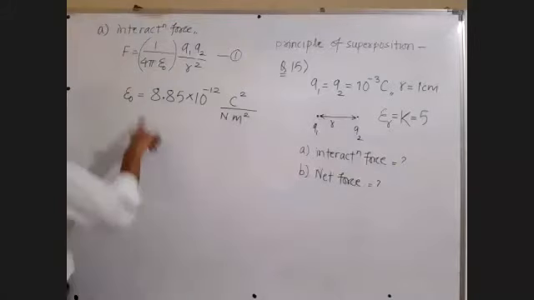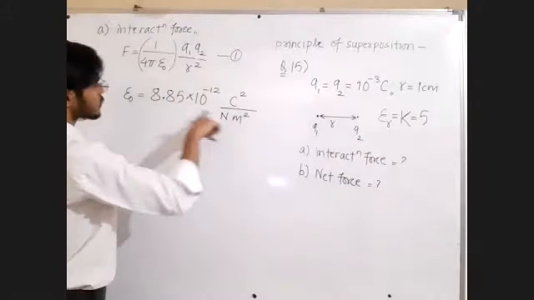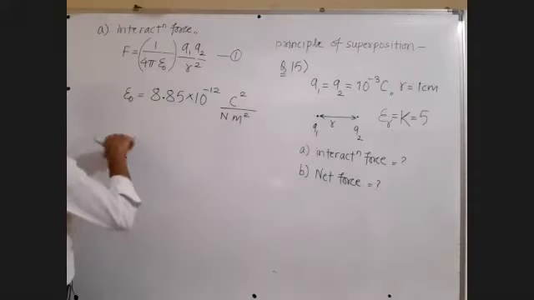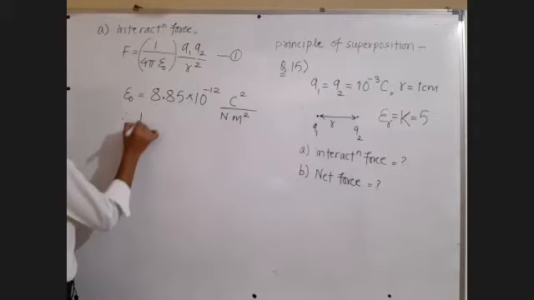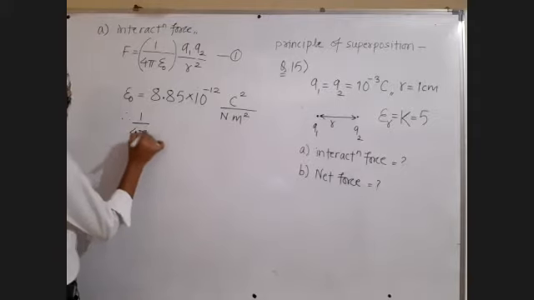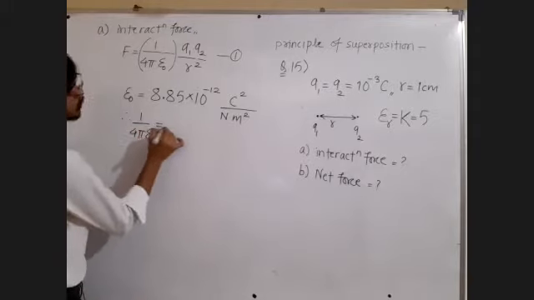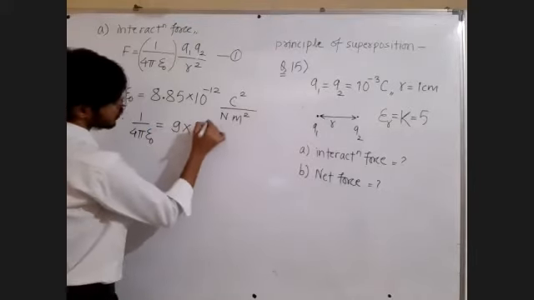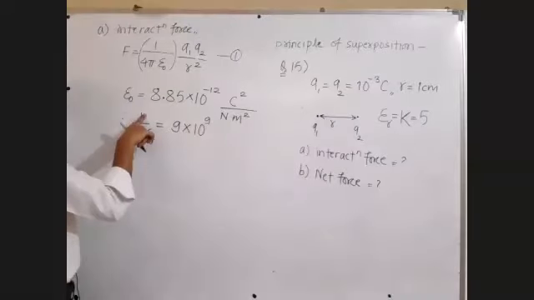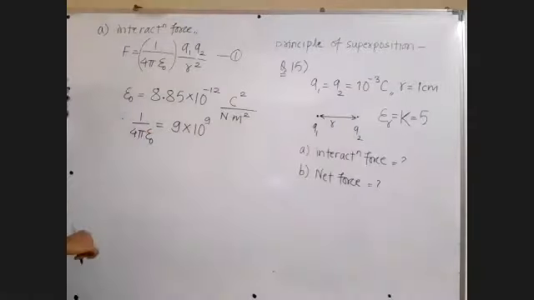But sir, epsilon 0 is some universal constant. Yes, it is a universal constant. It will not change with space and time. Therefore, after calculation, we get the value of 1 upon 4 pi epsilon 0 as a very simple value, 9 into 10 raised to plus 9. In epsilon 0 you have minus 12, and in 1 upon 4 pi epsilon 0 you have plus 9.